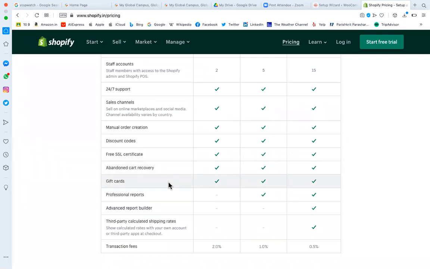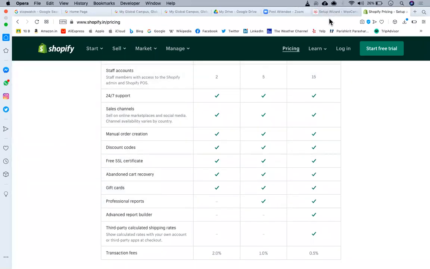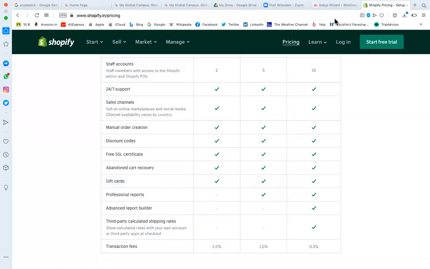Gift card, you can issue the gift card, anyone can apply that. For all these, we will require WooCommerce is sufficient. All these features are available to you in the WooCommerce. But here only these features is available on Shopify. You need not to think about this widget separately or pages separately or post separately or plugin separately. You need not to think in that terms. Everything is integrated in one platform here.